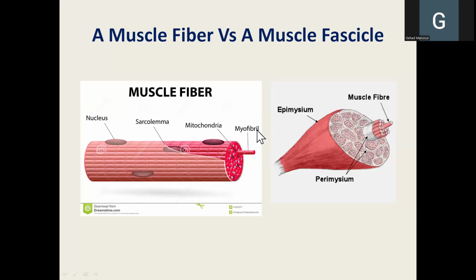What are the myofilaments that make up the structure of the myofibril? They are actin and myosin, thin actin and thick myosin, and they alternate together to give the striated appearance. So the smallest striated structure in the muscle is the myofibril. And since all these myofibrils embedded in the sarcoplasm are striated, and since they are arranged in a parallel way, then they give the whole muscle this striated structure or banded structure.